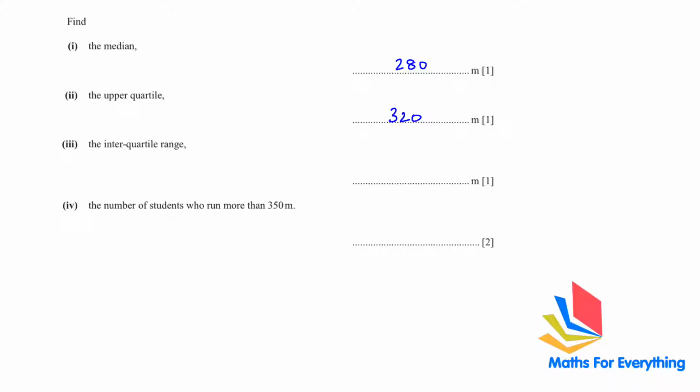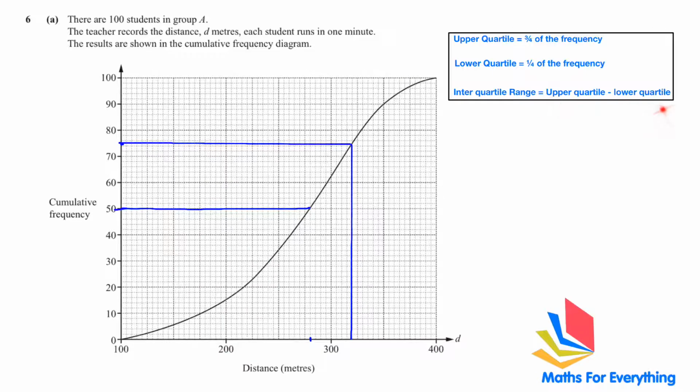Here. And then you have to find the interquartile range. To find the interquartile range, we will use the formula upper quartile minus lower quartile. We already have found our upper quartile, and to find the lower quartile, we will find 1/4 of the cumulative frequency. That will be 25, which is going to be here. Let me draw a line there. This is the line I've drawn. Now the corresponding distance will be here. So we have 210, 220, and 230. Lower quartile is